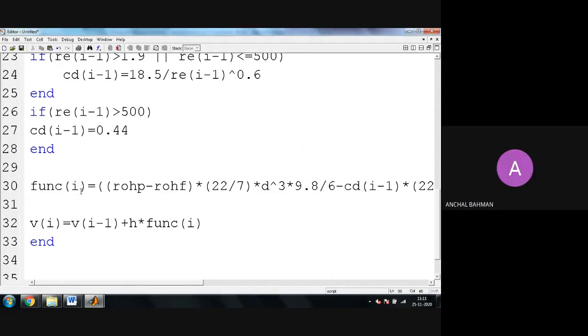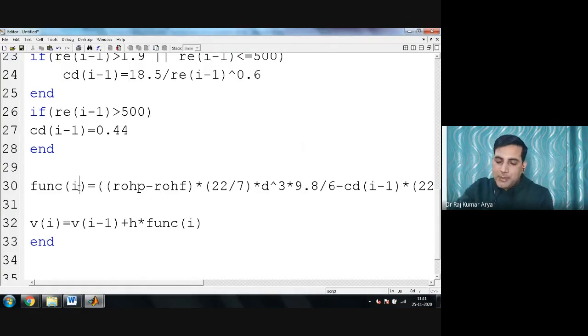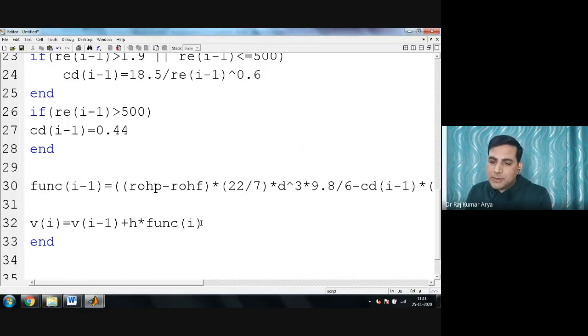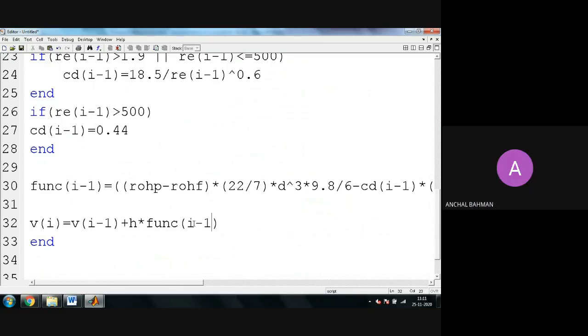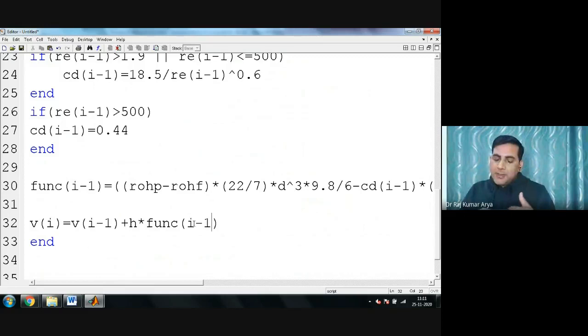Yes, sir. So let me put it here. If I am not putting it also, that's fine. But if I am putting here Fi minus 1, it's okay. It makes some sense because I am calculating F naught only, right? I am just calculating F naught. Correct? Yes, sir. So this is what it keeps on doing.